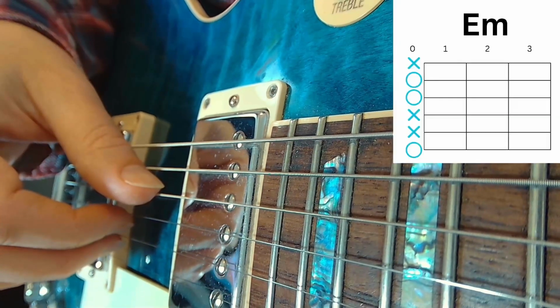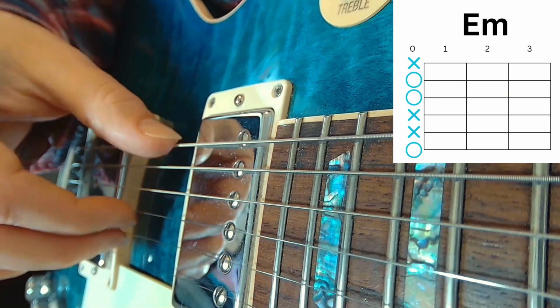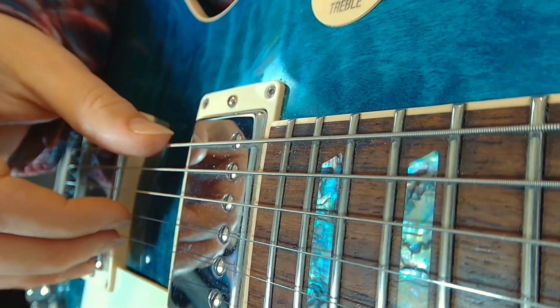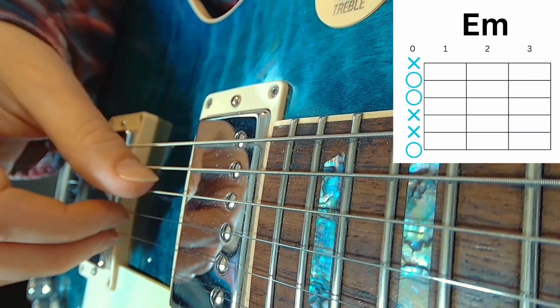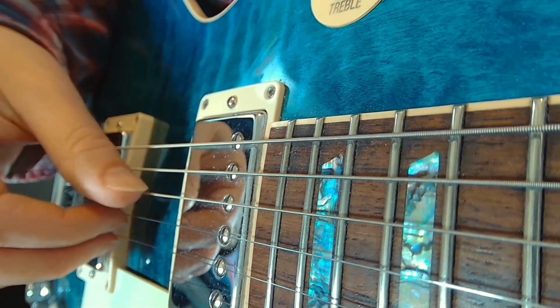Let's play the second chord, which is called E minor, by moving the thumb to the low E string. Now practice the transition between the chords. G, E minor, G, E minor, broken,